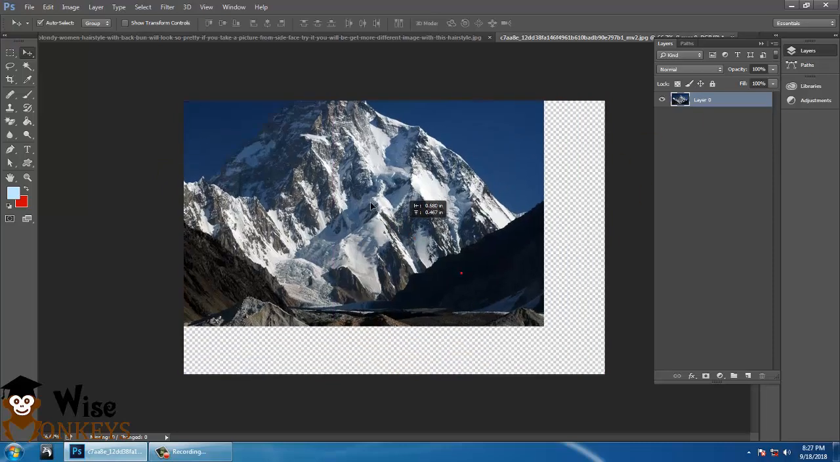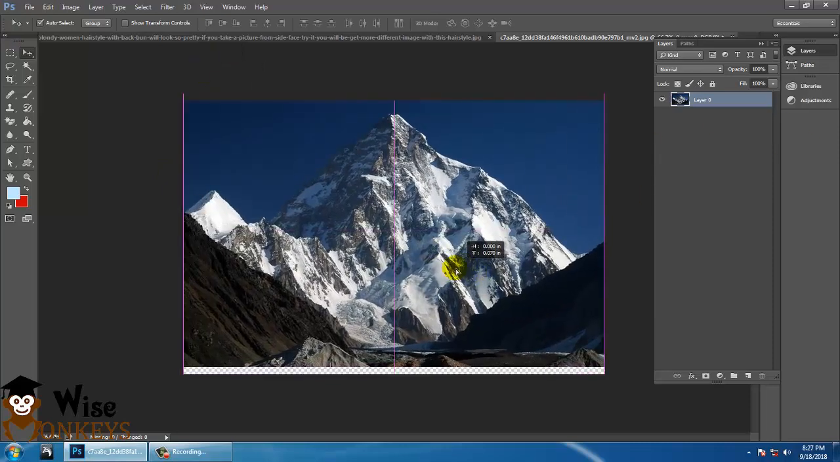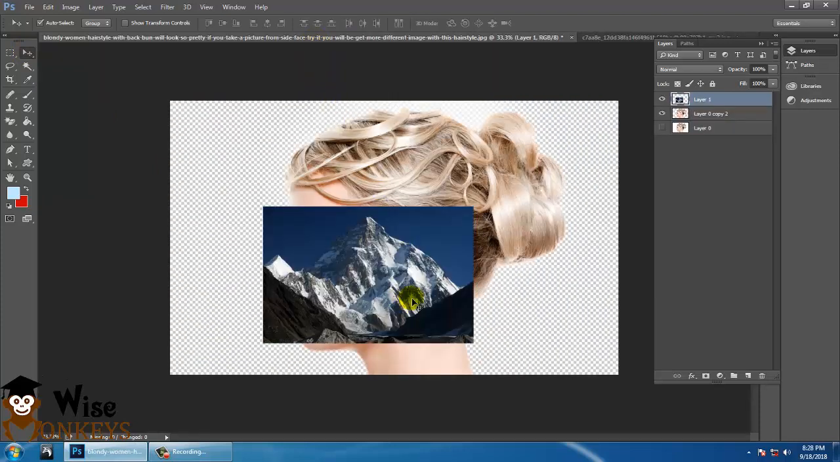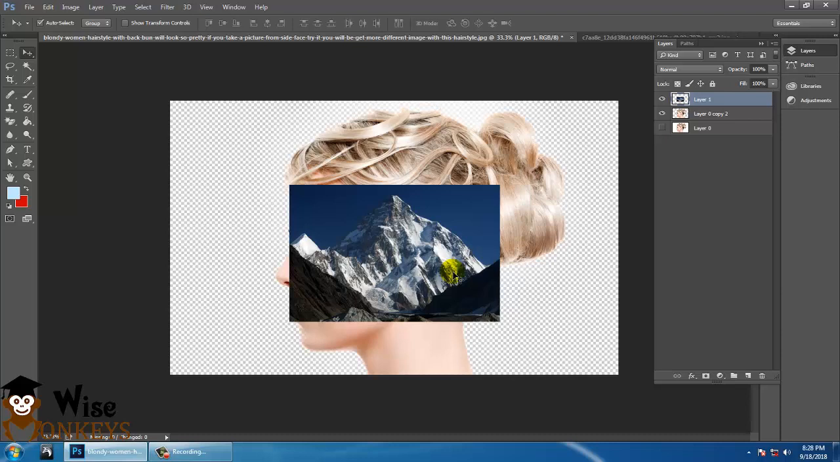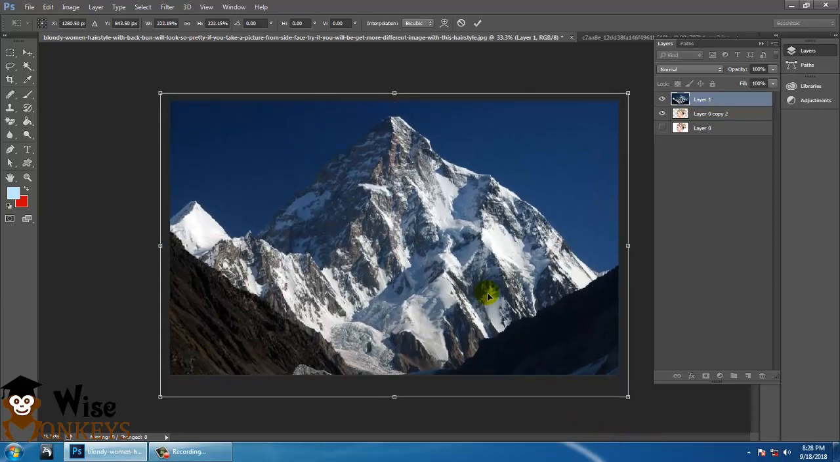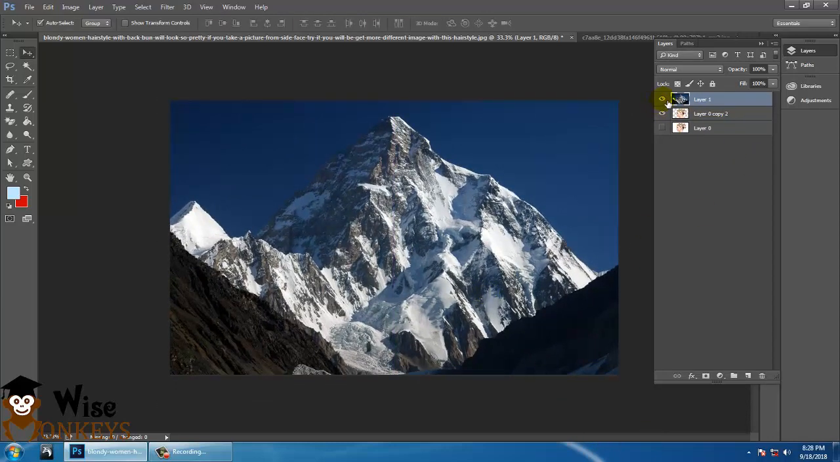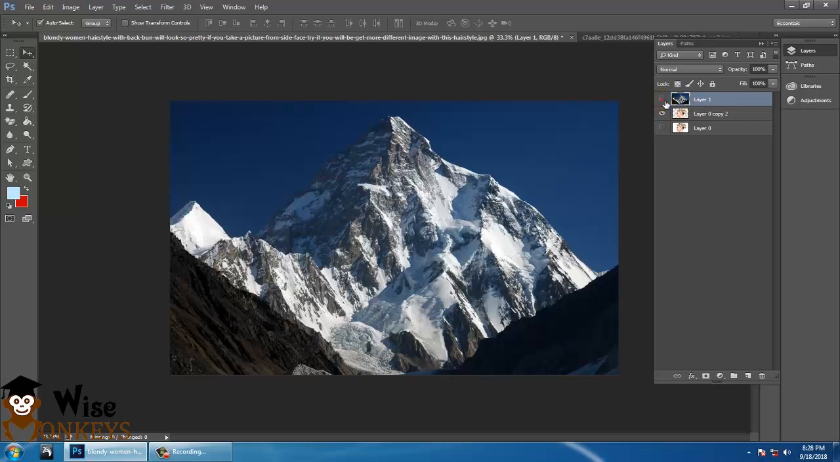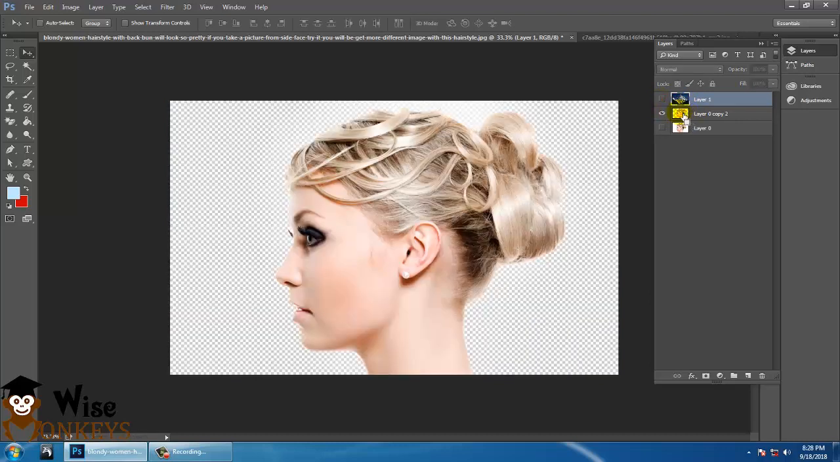Drag this image using this arrow tool, the move tool, and drag it over here inside. Press Ctrl T, Alt and Shift, and increase the size of this image and put it on the top. So now you can see you have two layers. One is this one and this is your bottom layer. So Control and click on this layer,